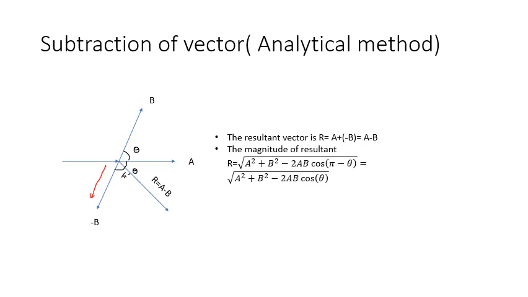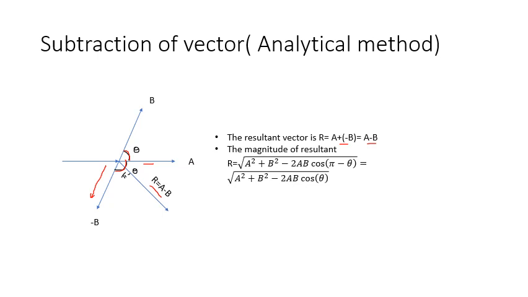Now we are going to add vector A and vector minus B. So what is the resultant vector, students? Simple, R equal to A minus B. This angle between A and B is theta. Then what is the remaining angle, students? The total angle is pi, so the remaining angle will be pi minus theta. The resultant vector R equals A plus, within the bracket, minus B, that is the negative vector of B. So you will get A minus B as your resultant.